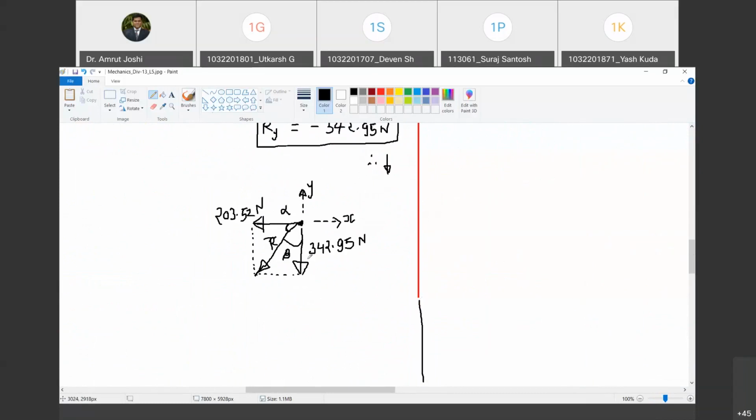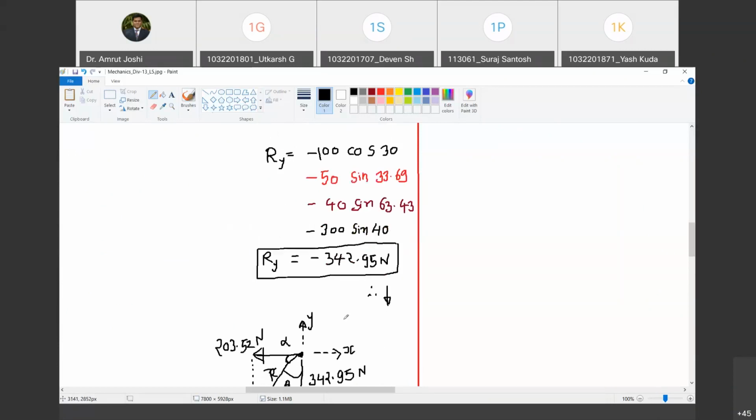As these two forces are orthogonal to each other, we have already seen the magnitude of R bar, that is R, is going to be equal to the square root of Rx square plus Ry square. Why? Because 2 PQ cos 90 will vanish. Do you agree with me? Yes, sir. So it is going to be square root of Rx square plus Ry square alone. 2 Rx Ry into cos of the angle between Rx and Ry, that is 90 degrees, is going to vanish. Cos 90 is 0. Happy? Yes, sir.